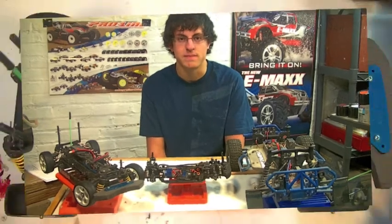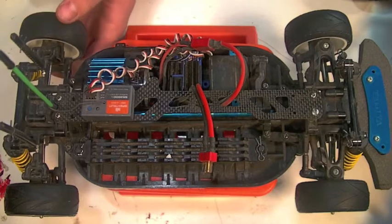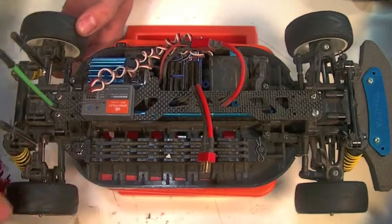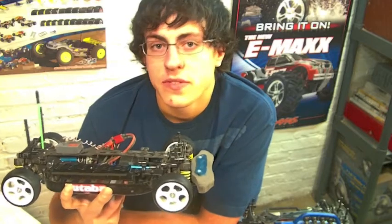and what to fix. Set your vehicle on a car stand or another object so that the tires are not touching the ground. Hold one of the tires and spin the opposing tire to feel for any binding within the center drivetrain. Now, if your drivetrain isn't smooth or it feels like there's binding, there's a few possibilities of what